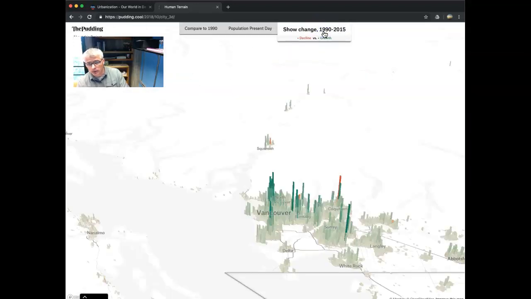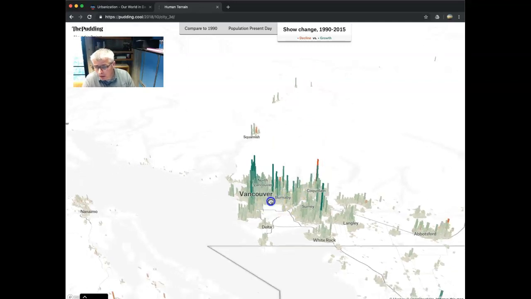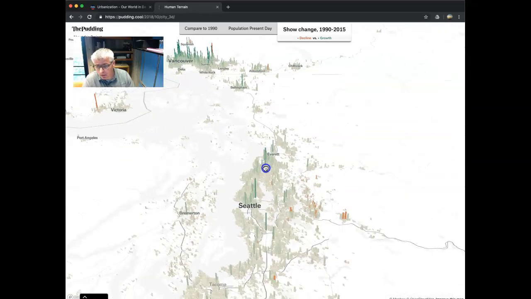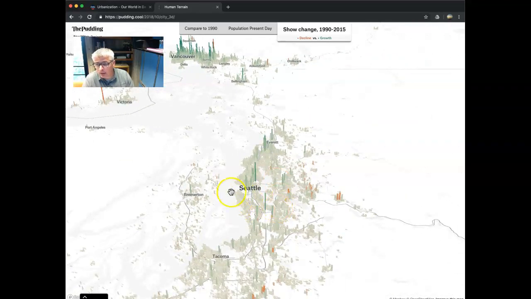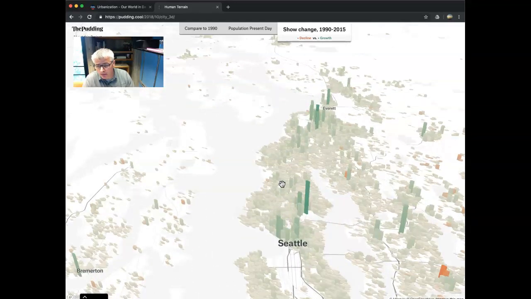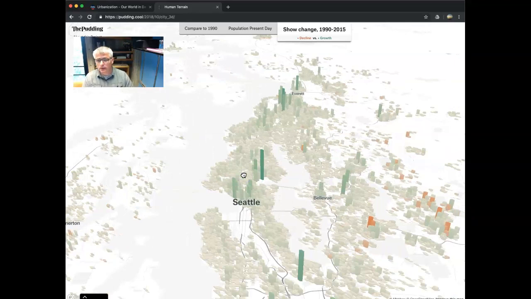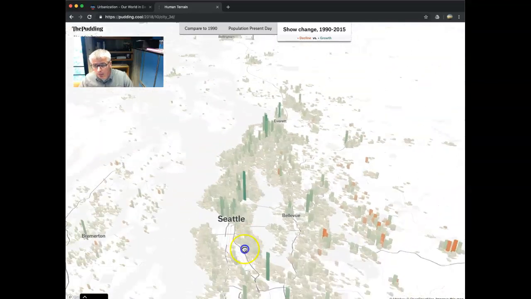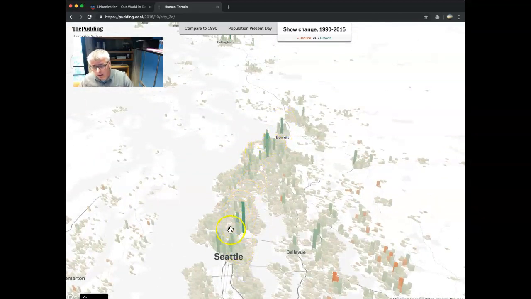If we look at the changes, here dark green is increase and reds are decreases. So this is just the percent change. I think this is pretty interesting to look at from this perspective. We've had some decreases out in the further reaches. Looking at this area, there have been some increases sort of everywhere, and you have a couple of peaks in Seattle proper, a really interesting peak down here. Again, kind of along the I-5 corridor, but just a big infill everywhere.